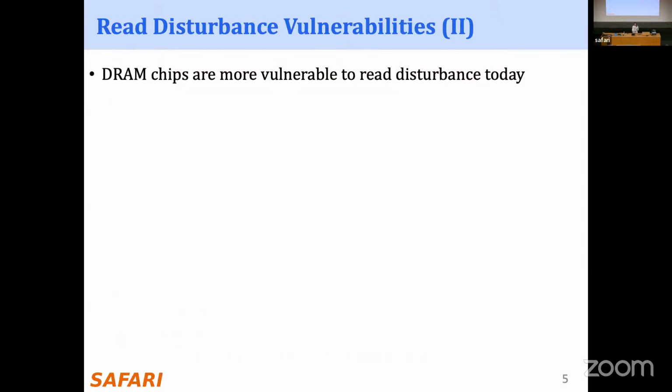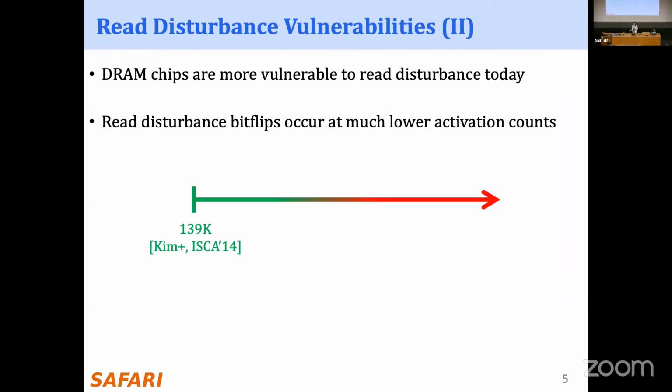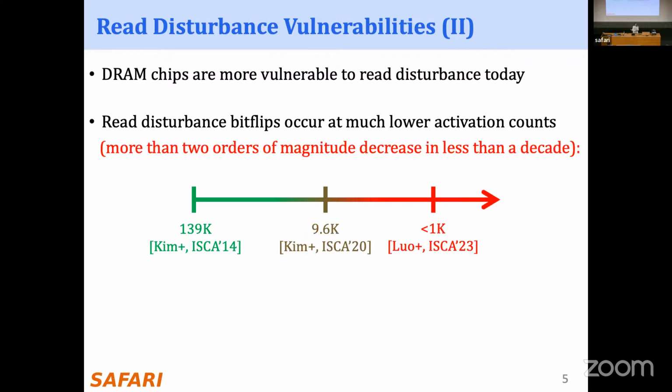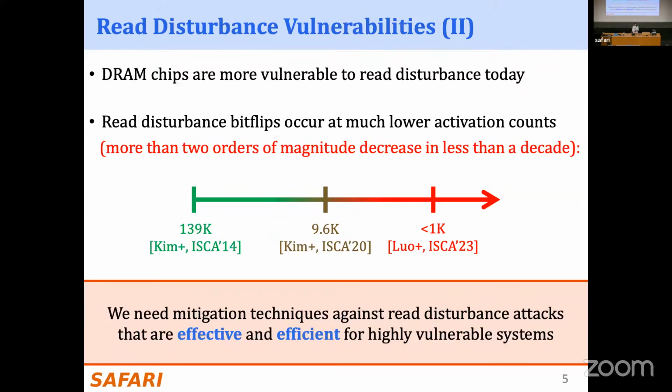So we saw that DRAM chips are getting more and more vulnerable to read disturbance today, and read disturbance Bitflips occur at much lower activation counts now. This is the first Flipping Bits paper that talked about RowHammer and showed this high number of activations causing RowHammer Bitflips. And Hassan talked about more than two recent works that showed even lower values. So we observed that the RowHammer threshold has reduced by more than 2 orders of magnitude in less than a decade. And this is exactly why we need mitigation techniques against read disturbance attacks that are effective and also efficient for